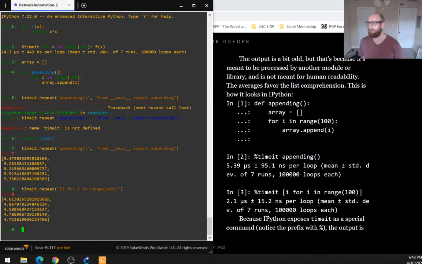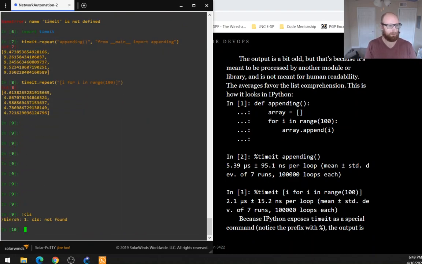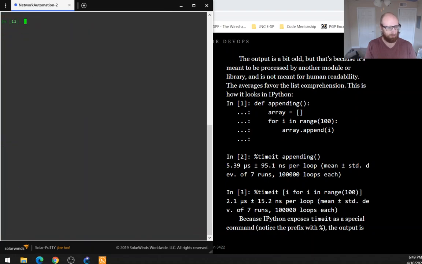The output is a bit odd, but that's because it's meant to be processed by another module or library. It's not meant for human readability. The averages favor the list comprehension. This is how it looks in ipython. Okay, so let's try it in ipython. I thought we were already in ipython. I'm not sure what's going on here, but